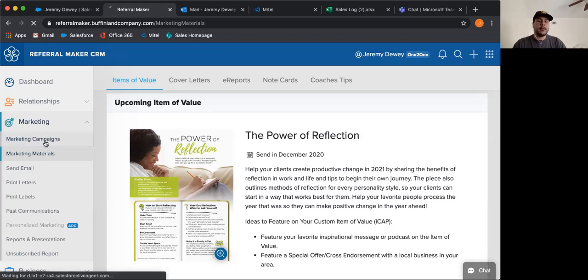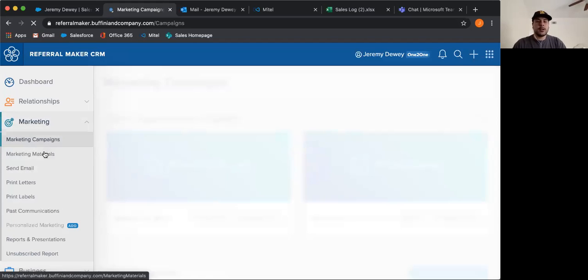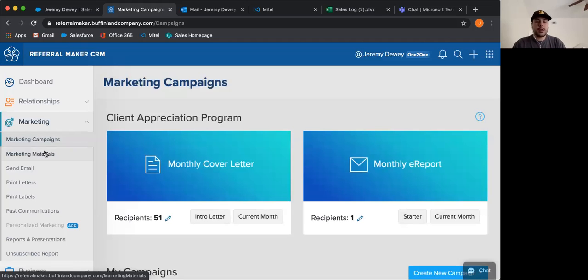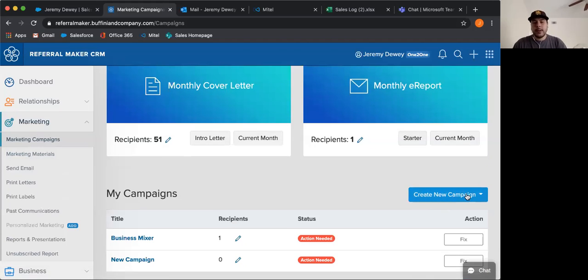But what you will have here in the marketing section is this marketing campaign section, where you can create your own custom marketing campaigns. And what those are there for is, say you want to create a marketing campaign for, let's say, you get a new buyer. You can actually create a new buyer campaign. You initially have to do the legwork in the beginning. You have to set up